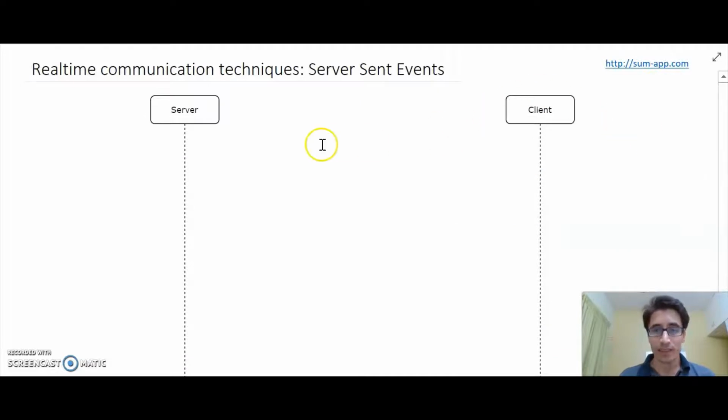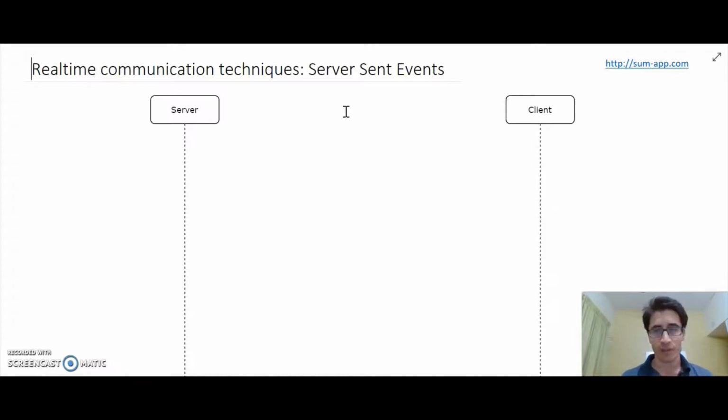The last technique in this series is called server sent events, which is an abstraction built on top of long connections. So think of this as an implementation which is a hack on top of streaming, let's say, a long file.